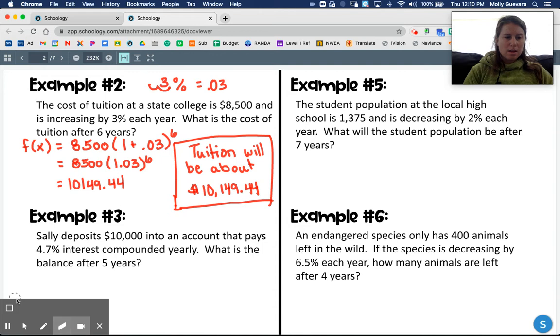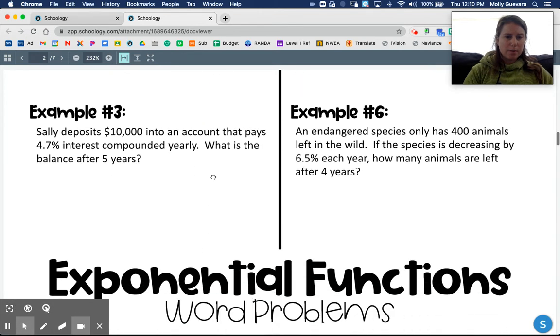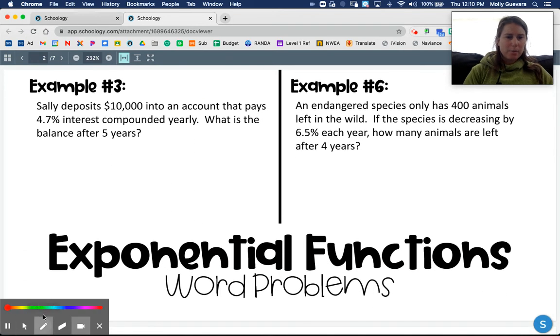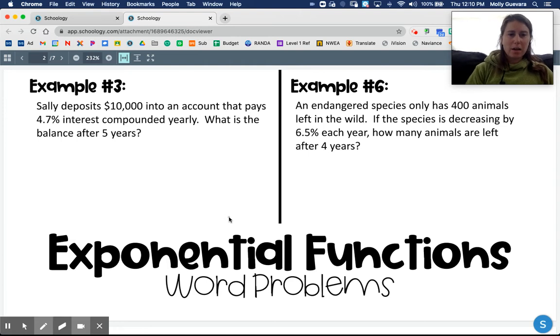Okay. Last problem here is example 3. Sally deposits $10,000 into a bank account that earns 4.7% interest compounded yearly. What is the balance after 5 years? So again, let's write the equation. Since the interest is compounded yearly and I want my answer in years, I don't have to change anything, so that's good. So here I have 10,000 is my initial amount, and then 1 plus,